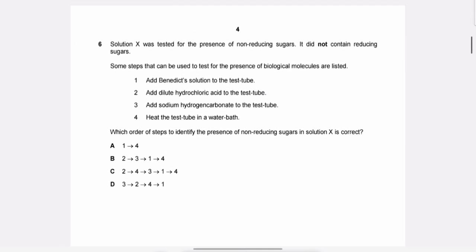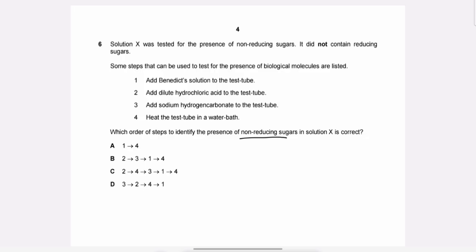And for number 6, it's saying a solution X was tested for the presence of non-reducing sugars. It did not contain reducing sugars. Some steps that can be used to test for the presence of biological molecules are listed. The first step is saying add Benedict's solution to the test tube. The second one is saying add dilute hydrochloric acid to the test tube. Then 3 is saying add sodium hydrogen carbonate to the test tube. Then the fourth one is saying heat the test tube in a water bath. Then the question says, which order of steps to identify the presence of non-reducing sugars in solution X is